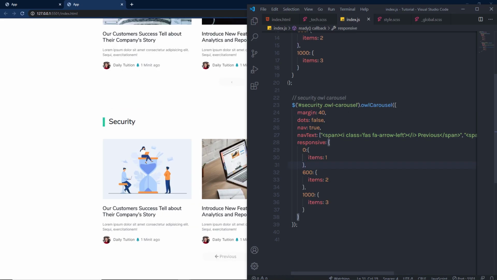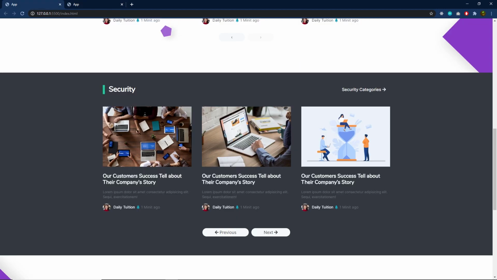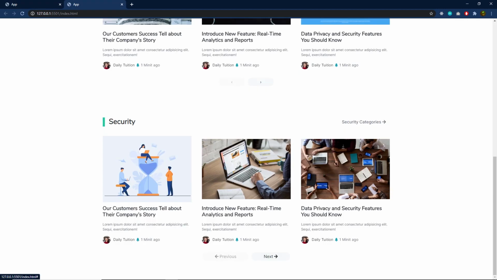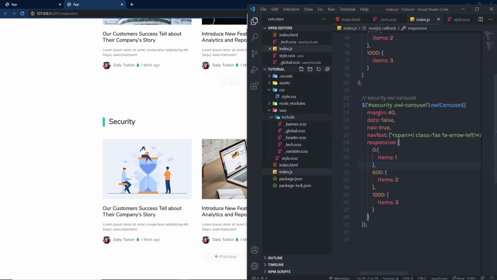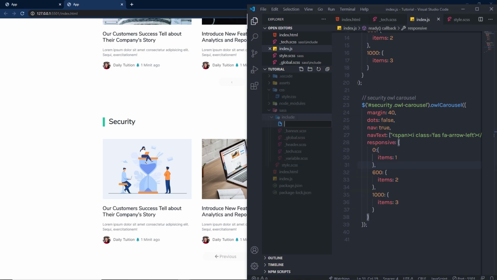Save the changes. When I save the changes, you can notice I have this next and this previous text to these buttons. Now what I want to change is to make this section dark. So what I'm going to do is create a new file and specify styling to this security section. So I'm going to just go back to my Explorer, create a new file inside this include section, and I'm going to just name this file